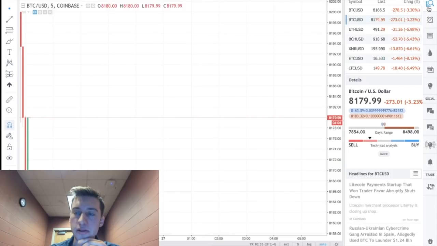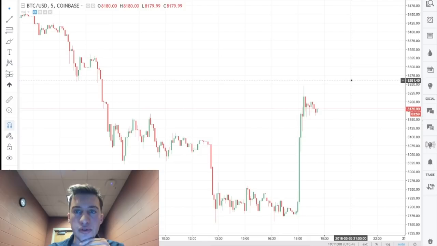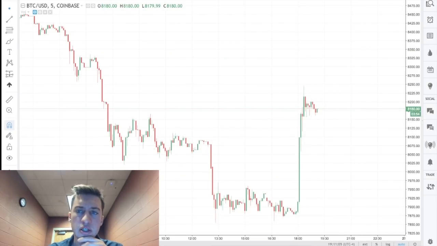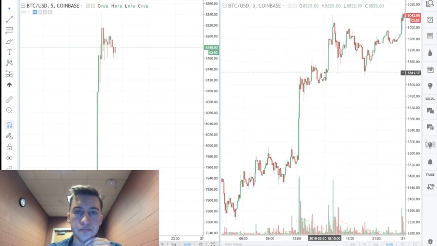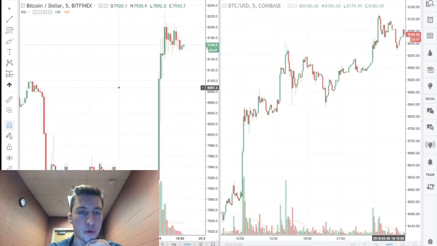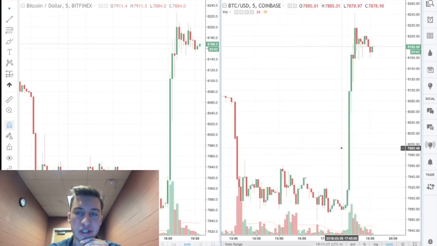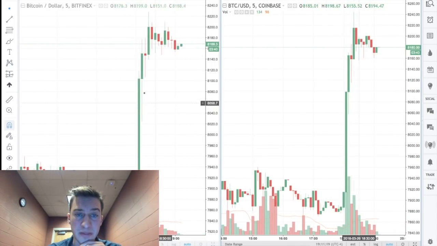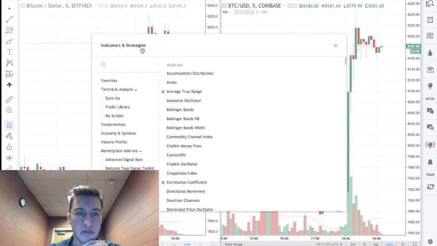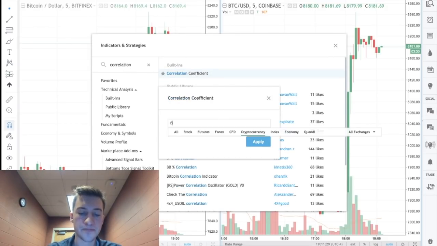So one more thing. Let's go to Coinbase. So if you want to use the original strategy, the correlation coefficient, what you can actually do is just use a two-screen setup. And you can have Bitfinex here and you can have Coinbase on the other. But this doesn't really tell you a full amount of information. That's why we want to add that correlation coefficient, because this is kind of hard to trade, to be honest, trying to look for which one goes first or the other. So this is what I'm going to click here. And this is how you maybe would be actively trading the correlation coefficient using the first strategy.